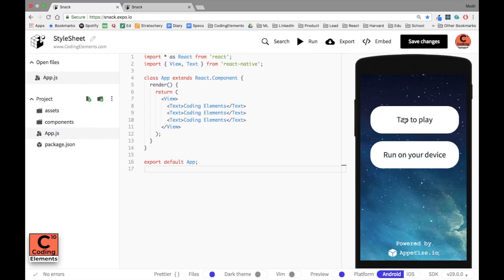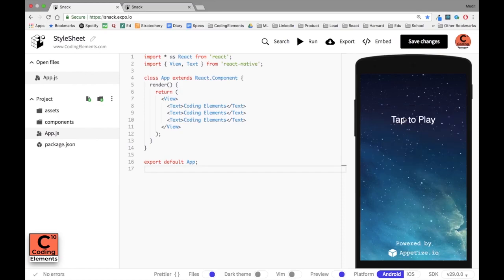So now the first thing that I've done is I've turned the preview on in the menu buttons given at the bottom, so that I would be running my code on the online simulator rather than my device. And as we know, in this simulator we have both Android and iOS simulators available. I have selected Android, and if you want to run your application for iOS, you might as well select the iOS platform. So for that, I click on tap to play.